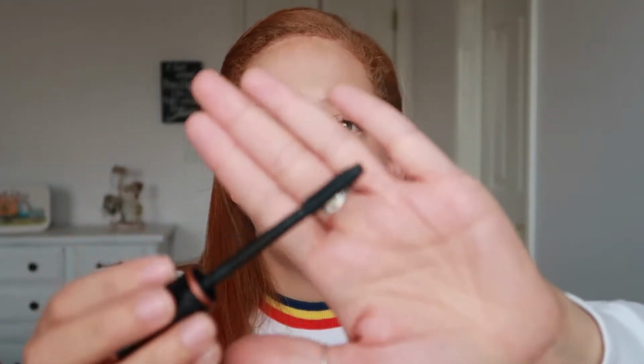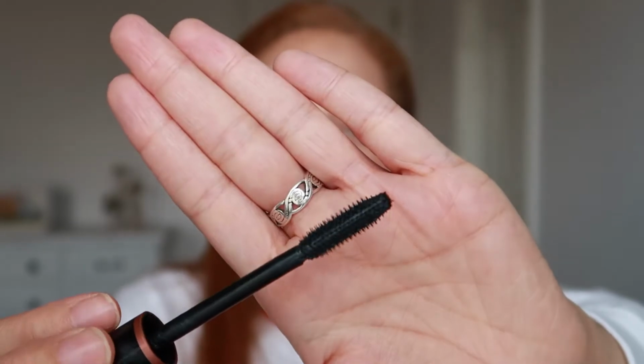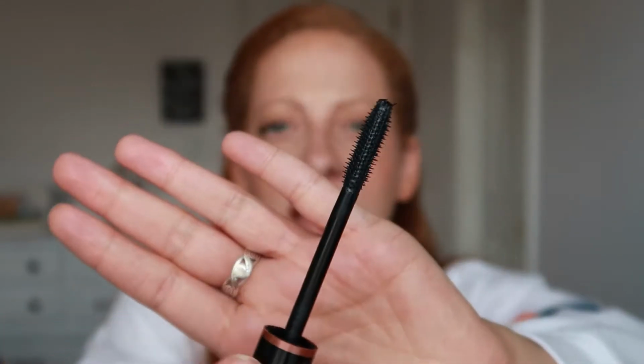I love this mascara. I remember thinking that I wouldn't like it because it has one of those super bristly plastic wands with really short bristles. And those tend to hurt my eyelids the most when I am trying to apply mascara. Now I sort of did, which is why this is not higher on the list, but I love this mascara